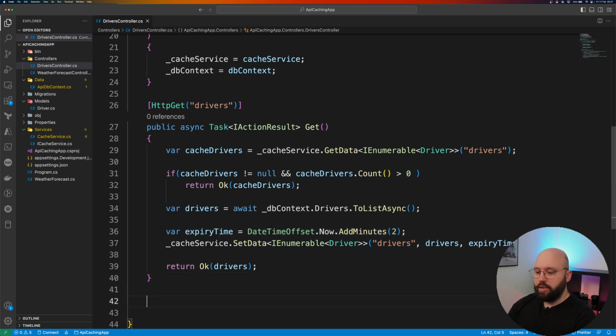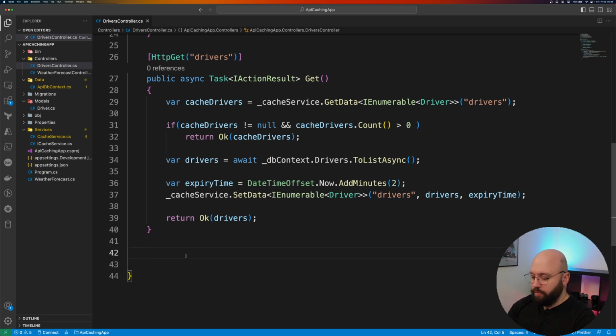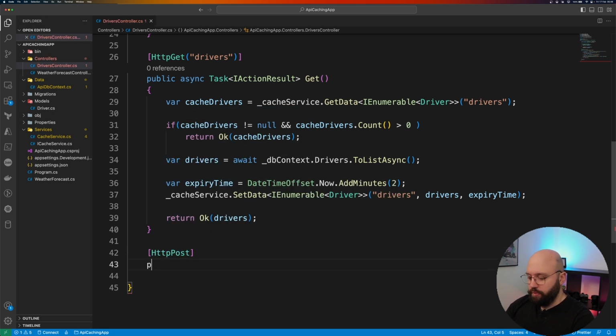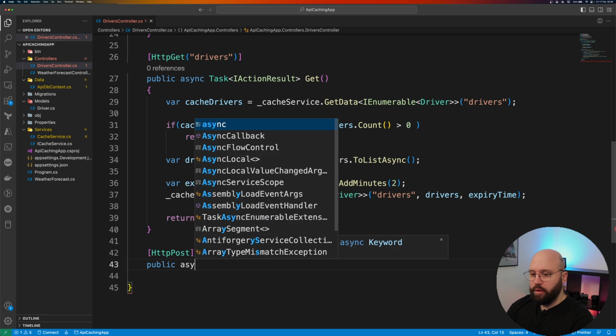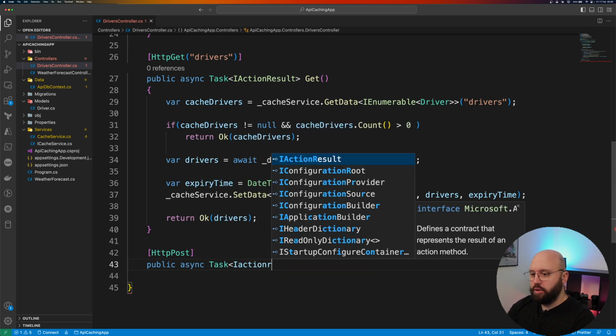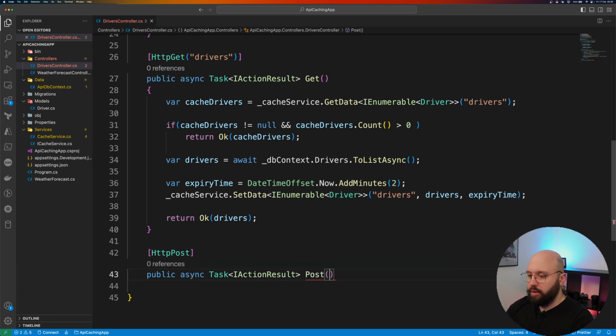And now the last thing I'm going to do is create my post, which will allow me to create the drivers, and we can test this out. It can be HTTP post, public async task action result. I'm going to make it post, and here I'm just going to put the driver. I'm going to call it driver, whatever I want, and here I'm going to put var object